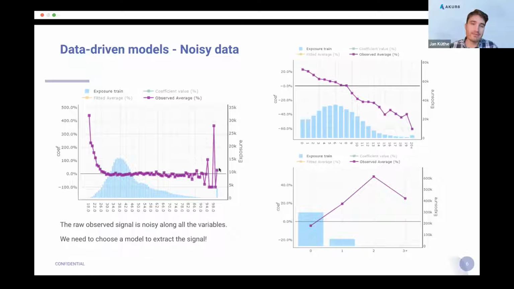You can see this especially here for the 90-something-year-old insured drivers we have, where there's very little exposure. You can scarcely see the blue bars that show you the exposure, which leads to very noisy observations that can be tough to use. Thus, we need this model framework I have mentioned.